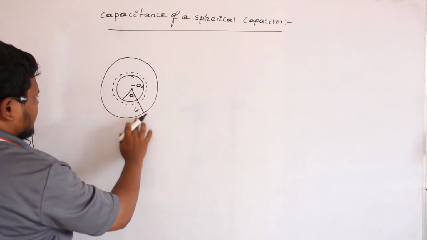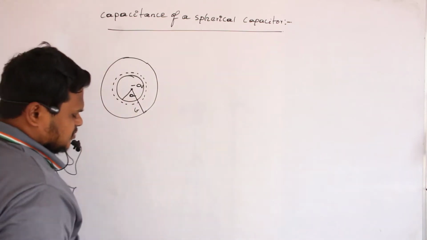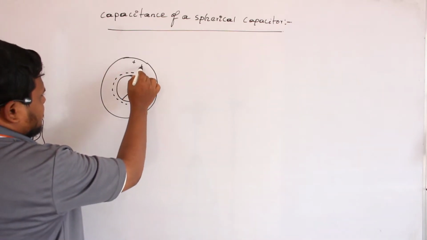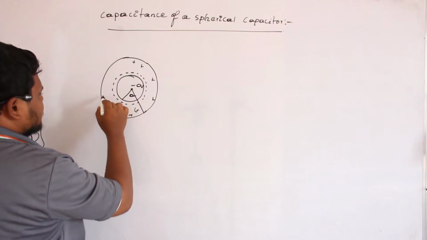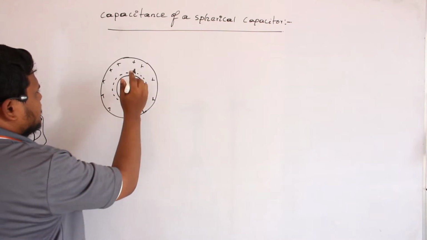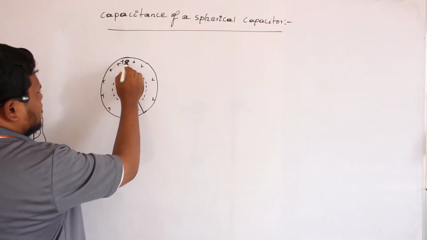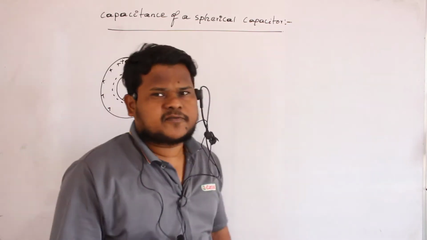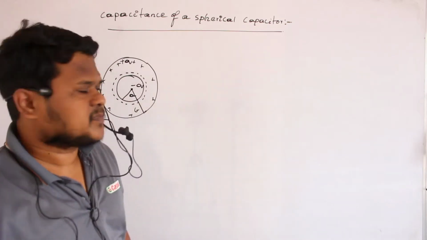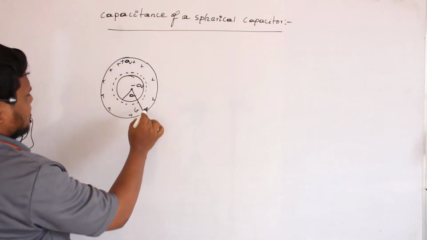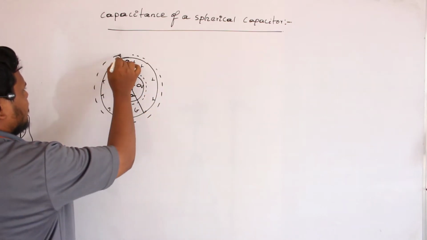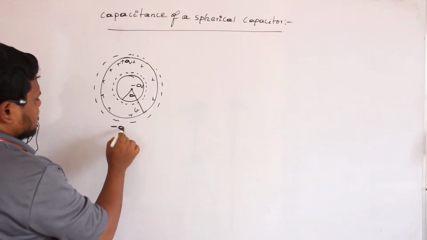As this is a metallic shell, the enclosing body is a shell. Therefore, immediately positive charges will be induced on the inner surface of this outer shell. Clear? So what will be the magnitude of charge if this is minus q? Exactly the same amount, plus q, of charge will be induced on the inner surface of the shell. This is understandable. Already we have discussed many times how charges will be induced. Then, on the outside surface of this shell, an equal amount of negative charge also will be induced.